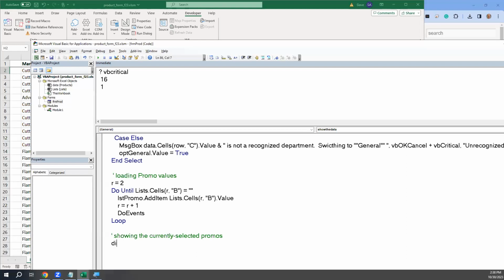Okay, so here I'm going to declare a variable as variant. So let me dim selected promos. Let's see. I'm just going to call it promos as a variant. And now that I've got a variant, remember variant, I think this may be the first time I've made a variant data type in class. Variant is nice because it behaves the way you want it to behave. And what I want to do is take the return value from that split. That split function is going to send back an array. And I would like this variable to connect up to that as an array. So promos